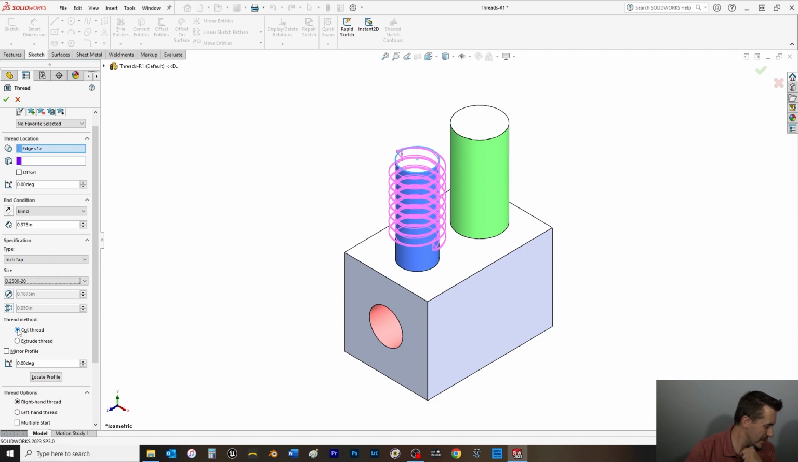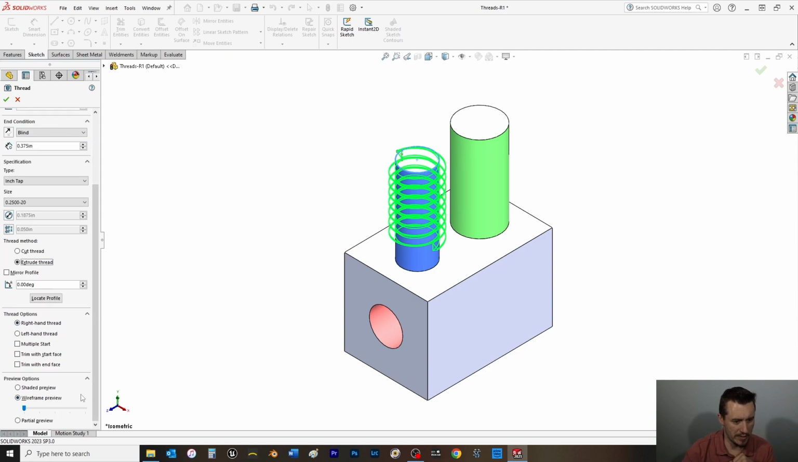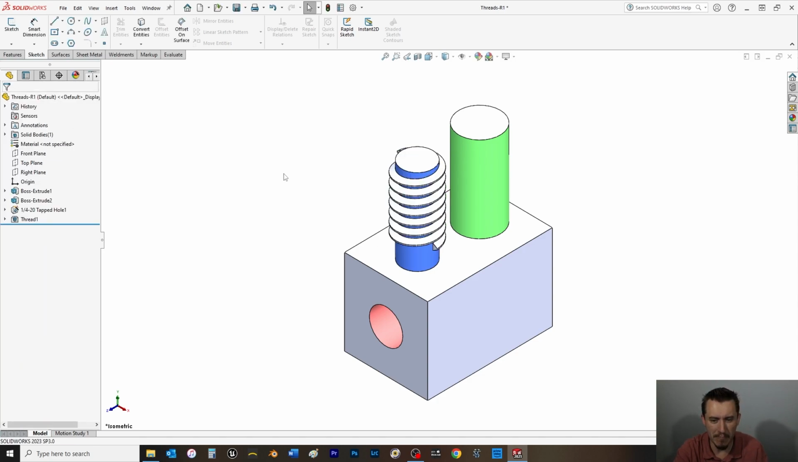Thread method is going to be extruded thread. It's going to then be a right-handed thread here. And you should see a partial preview as such. It's not the banana yellow preview you're used to. It's slightly different. And that's going to take us to the top of page 273, where we can click OK,